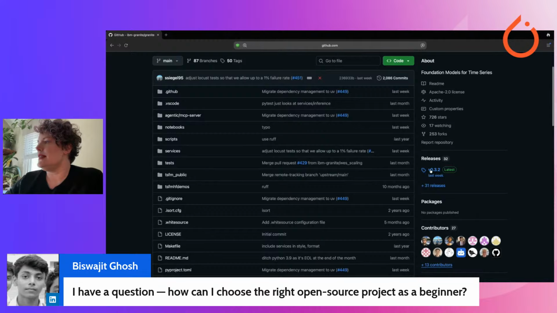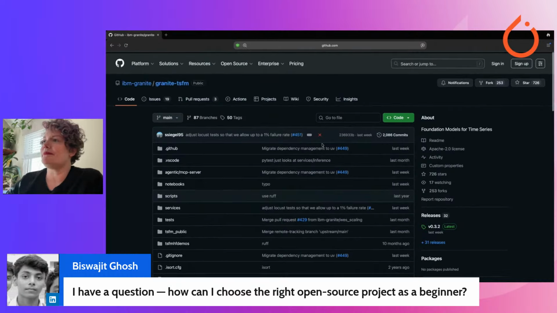You can also see that it has standardized release numbers, so you can easily see when the last time the project was updated. All those things just tell me there are human beings who are actively working on this stuff and will respond to my questions when and if I have any.